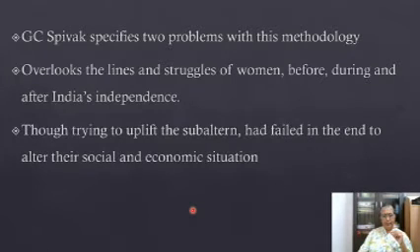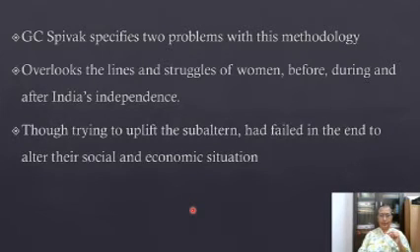The second problem is that though they are trying to uplift the subaltern, they had failed in the end to alter their social and economic situation. When you undertake a task, you should not be doing the task on a partial basis, that is just by part, because they are people trying to change the history of India, or trying for an alternative history of India with the subaltern studies. But in spite of these studies going on, it is a huge project, and that project